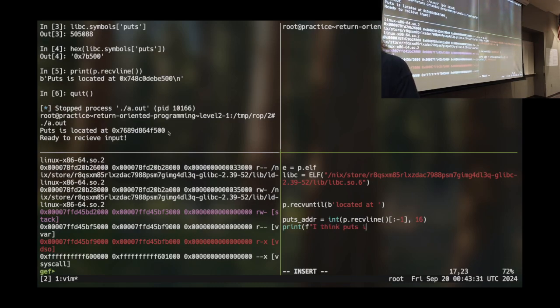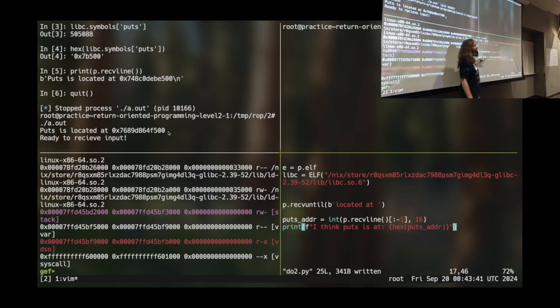So I think puts is at, I will say hex of puts address. I strongly recommend, if you are working with addresses as variables, leave them as just numbers. I don't care that Python prints them as decimals. In the end, that will cause you pain if you try and hex things early, because then you start trying to add strings and things aren't right. The hex function doesn't make it a hexadecimal number. It gives you a string that is the hex representation of that decimal number. They're all the same.